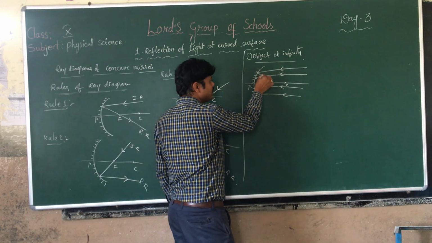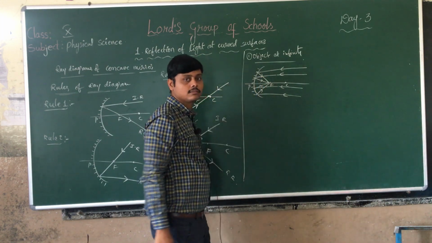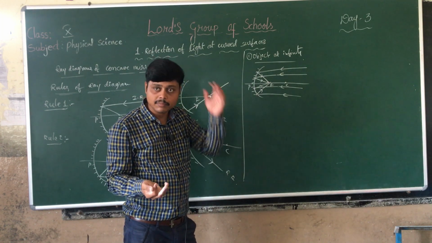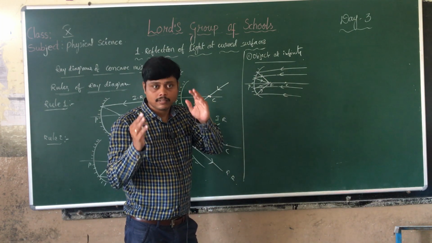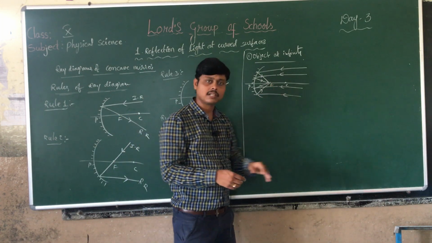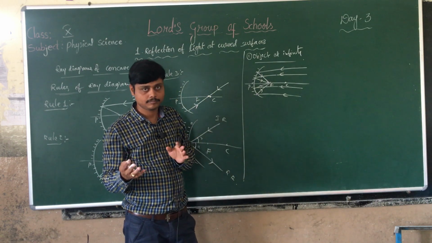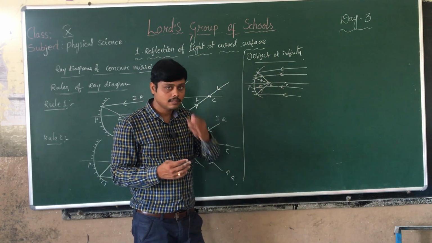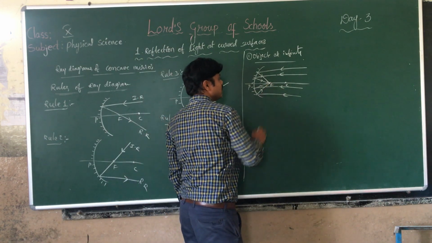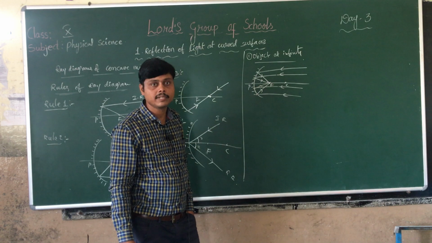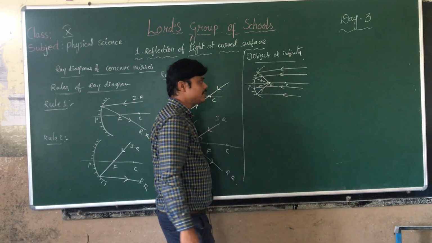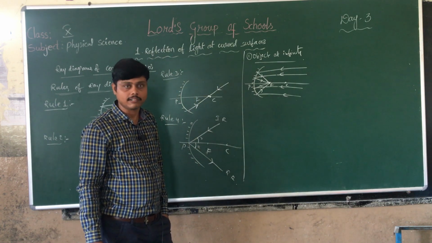These reflected rays cross through the focus, but the image is formed always where the reflected rays are meeting. Do we get an image after the focus? We can, but it will be blurred. In the previous case I discussed, only at the intersection point do we get a clear image. So here we are getting the image at the focus, that is at capital F.